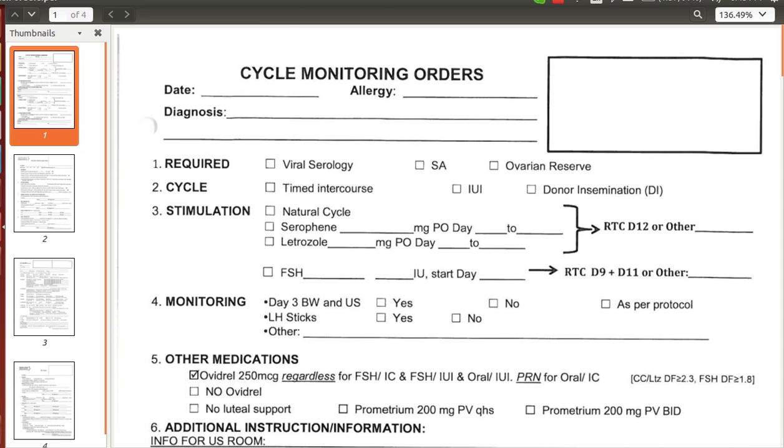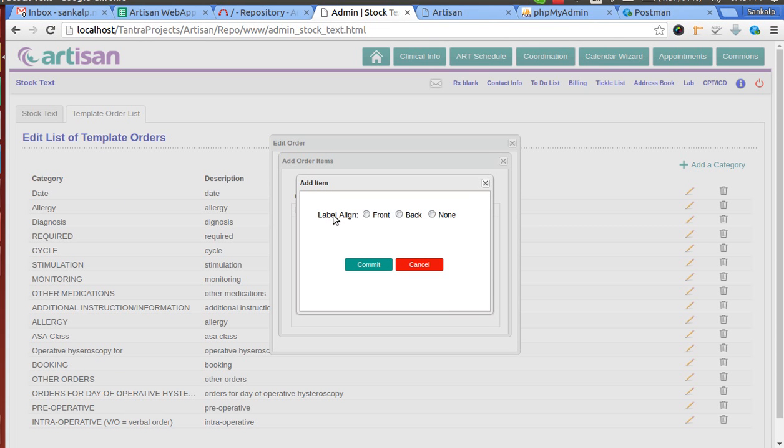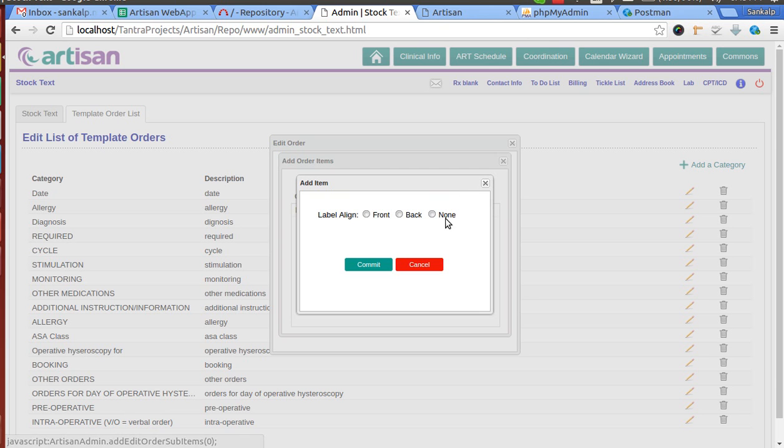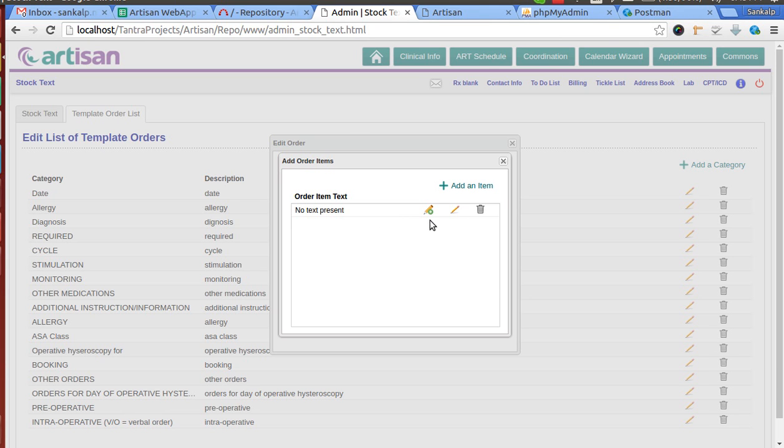So what we did is to assign a label at the end of the text box or at the front of the text box, or we don't need a label. So we gave three options to add a label at the front or at the back, or we don't need a label. So after this, if you choose none and save it, you can see there is no text present, and you can add a